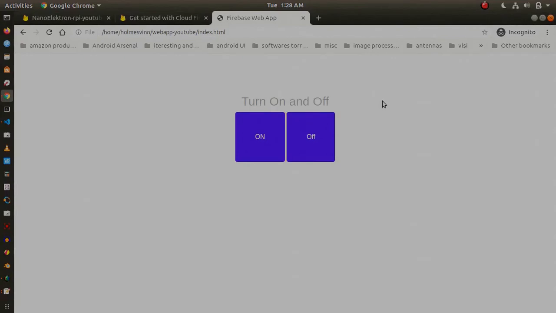The simplest idea behind this static page is that, let's say you have managed to connect your Raspberry Pi with any of the appliances like fan or AC or microwave oven, and you just want to transfer a binary information to your Raspberry Pi so that you can turn it on and off, which you can actually achieve with the help of this static page, provided the device in which you are viewing the static page as well as the Raspberry Pi are connected to the internet. And let me now explain the code snippet.